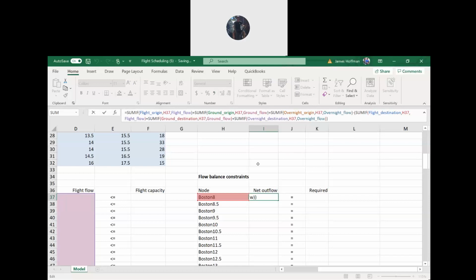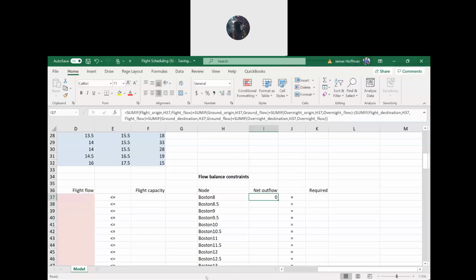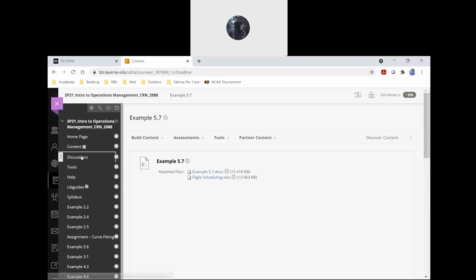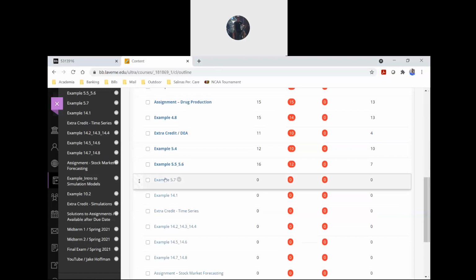Okay, did it work or still? It gives me 0, but it gives me zeros all the way down to Boston 13, and I can't get rid of it. Okay, let me just look at yours. If you want to post it to Example57, I'll take a look. And then if you got it to work,